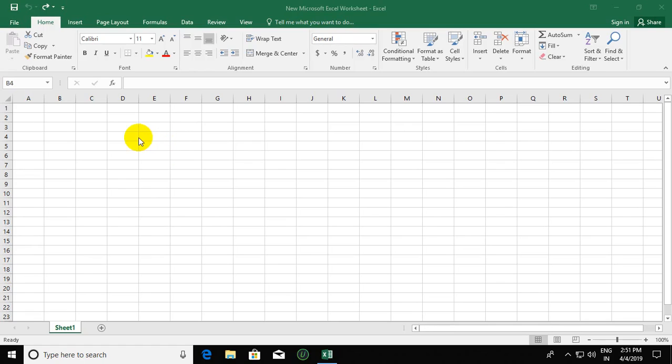Today we learn some basics about Excel. First of all, sometimes we need to merge and center our cell. So how can we do that? Just select those cells and then simply merge and center. Look, our cell is merged. So when we write something,